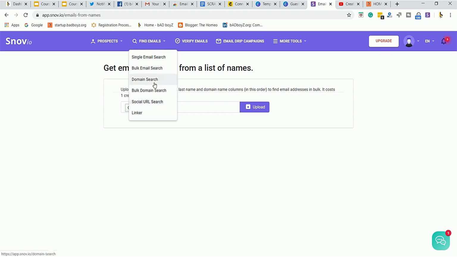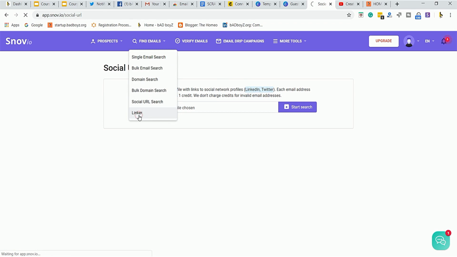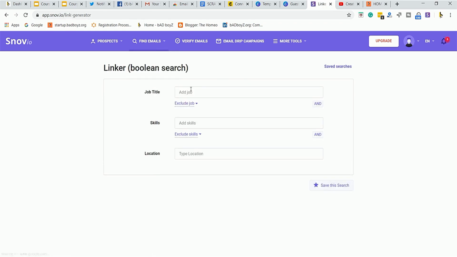Then there is bulk domain search and social email search. You can also check for social email search by uploading these links to social network providers. Each email address provided costs 1 credit. Based on the LinkedIn and Twitter links only, it will go and search for the email addresses. This may be the paid one. Then there is the job title boolean search, so based on the job, skills and location, you can get the email addresses